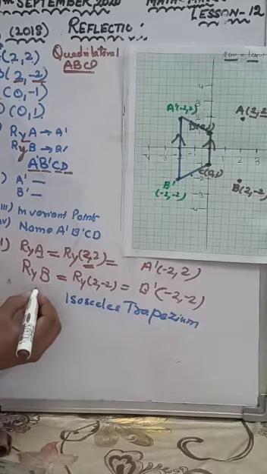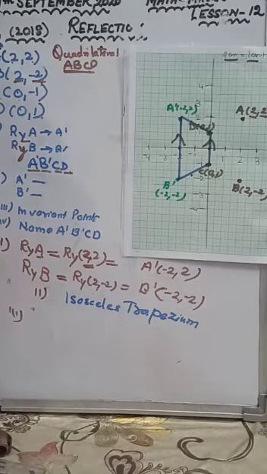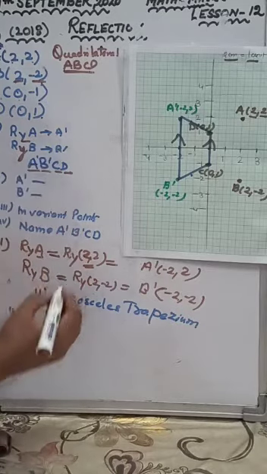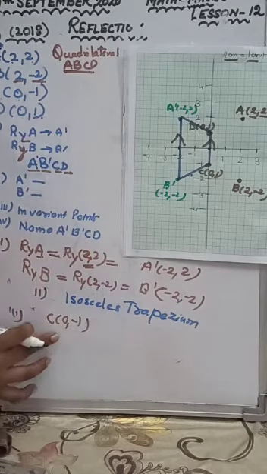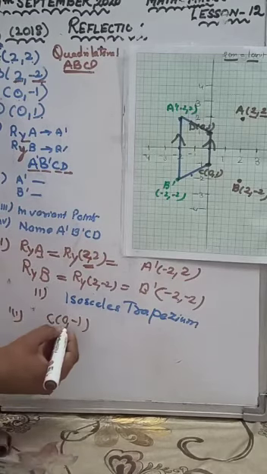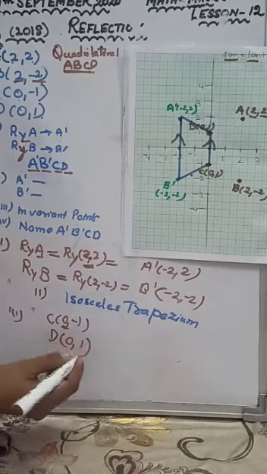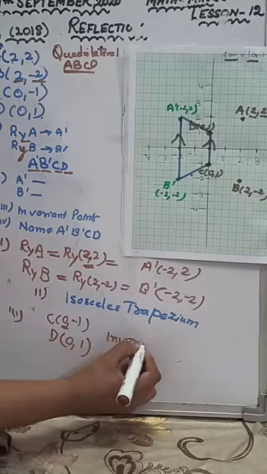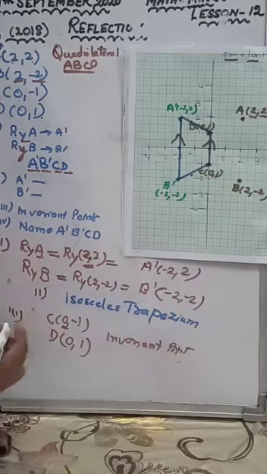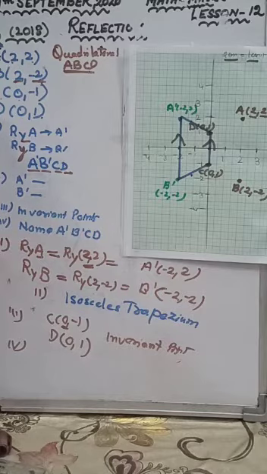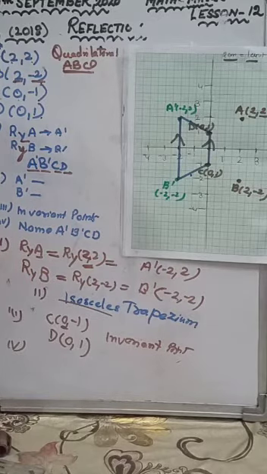Now the third part. They are asking us to name 2 points which are invariant under the reflection. So which are the 2 points? C (0, -1). If you do the reflection in the y-axis, it will come (0, -1), because this is your abscissa and -0 is 0 only. And D also (0, 1). So these 2 points are invariant points. There will be no change while reflecting through the y-axis. Now last, name the polygon. We have already named it as isosceles trapezium. Got it? So this is your question number 20.